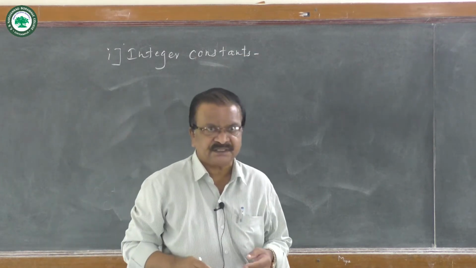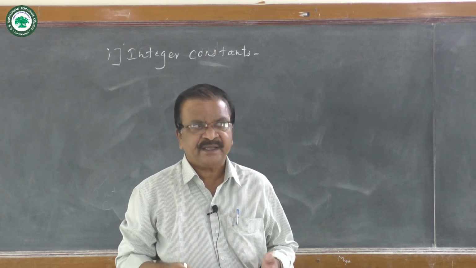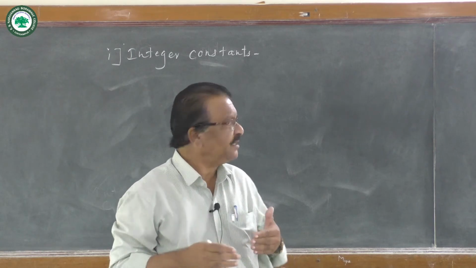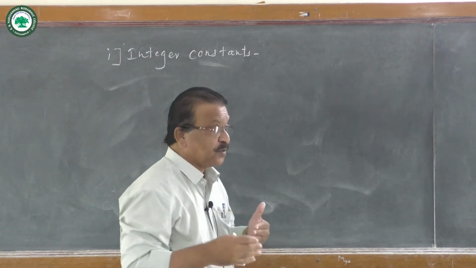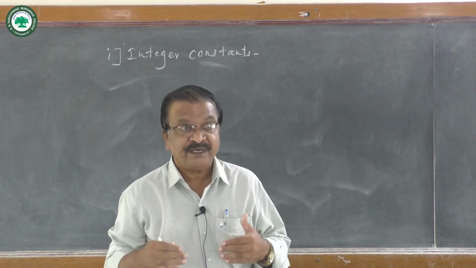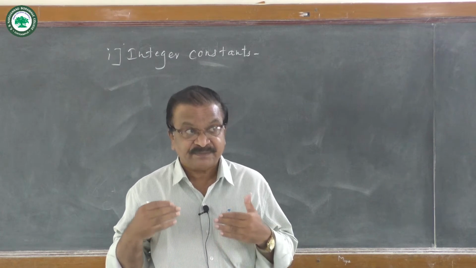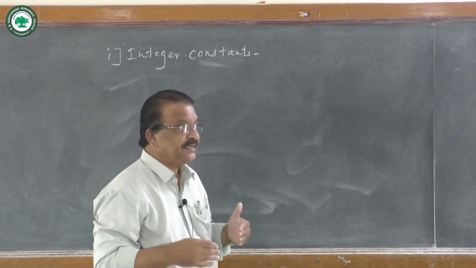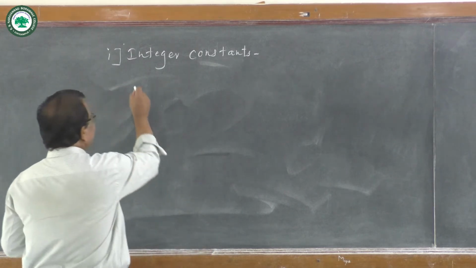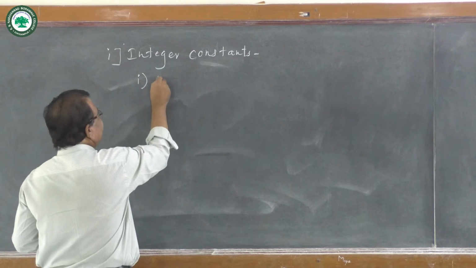An integer constant is a sequence of digits from 0 to 9 preceded by an optional plus or minus sign. Precisely, the definition of integer constant is the sequence of digits where the decimal point is not there or is missing. This is called an integer constant, and integer constants are further classified into decimal integers,